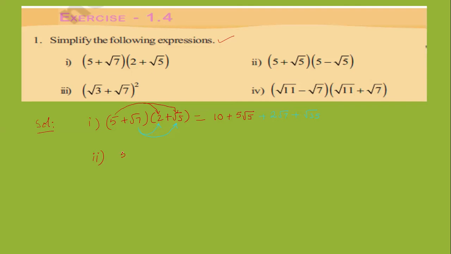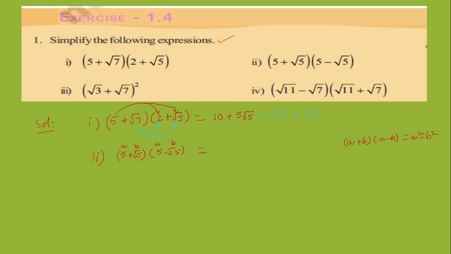You may write it as 5 plus root 5 into 5 minus root 5. How is it? It looks like a plus b into a minus b. What is meant by a plus b into a minus b? You may have observed this special product already in the 7th class and 8th class. Then what you get is a square minus b square. We can use that formula here to solve the given problem. Here, the first term is a and the second term is b.